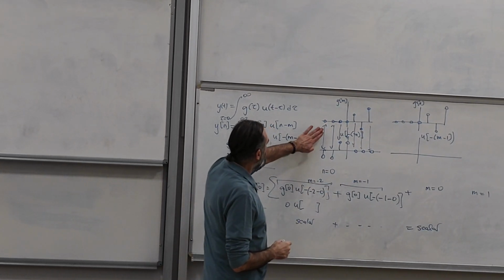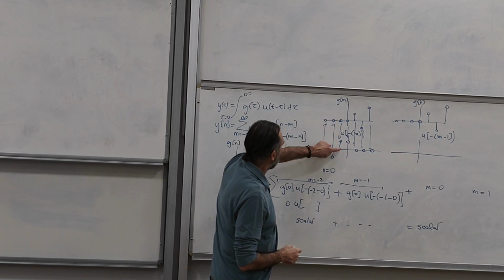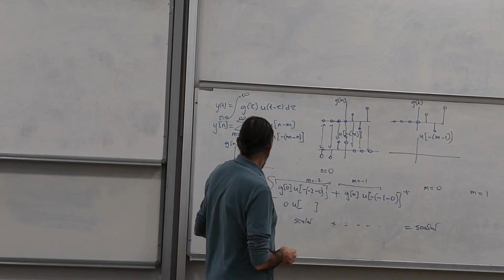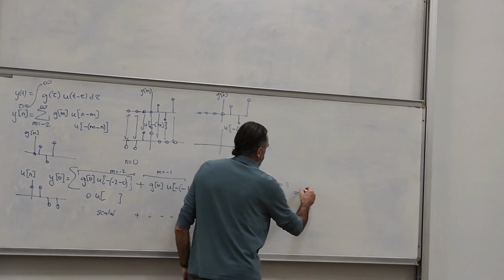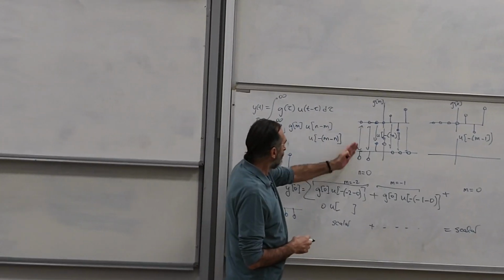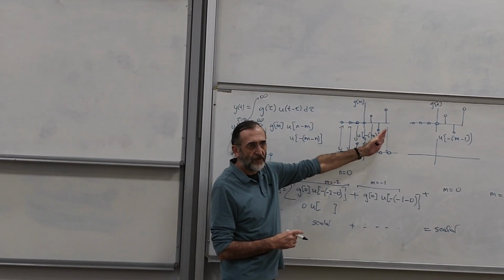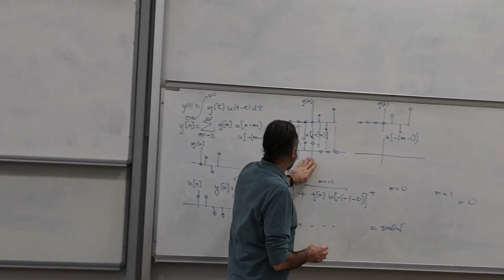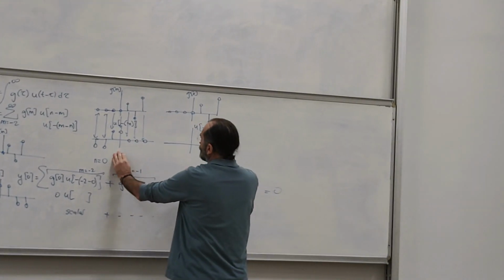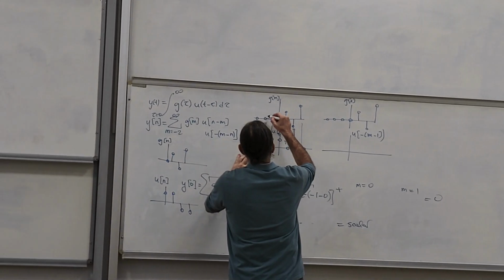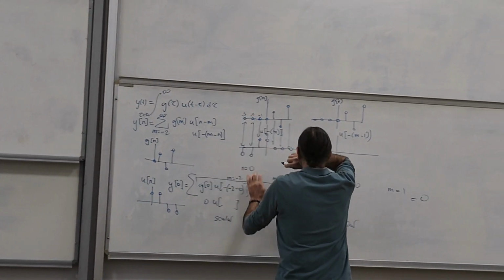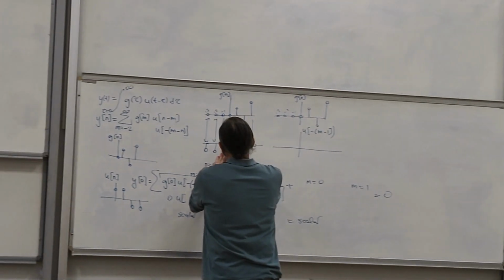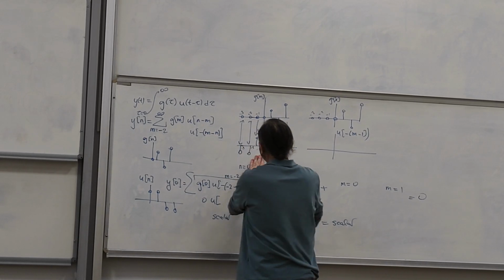Alright? So I'm going to have 0, 0, 0 times 1 is 0. 1 times 0, 0, 0, 0, 0. So y of 0 is going to be 0. All the multiplications are going to give me 0, because zeros come across each other. So now I'm going to shift this by 1. So this is n equals minus 1, minus 2, minus 3. Okay? Minus 1, minus 2, minus 3. This is minus 1, minus 2, minus 3.